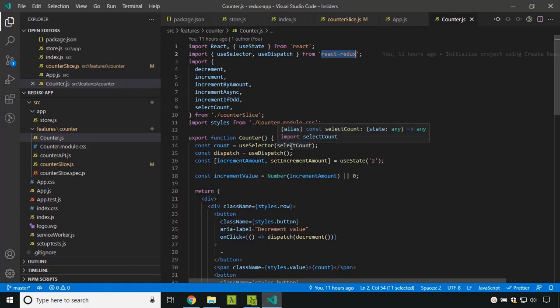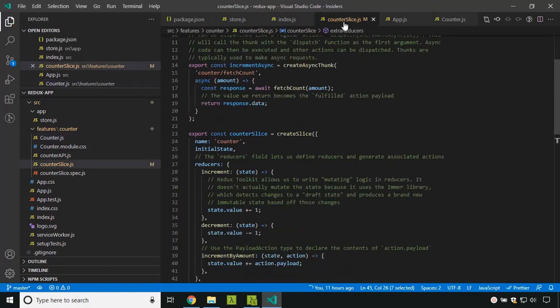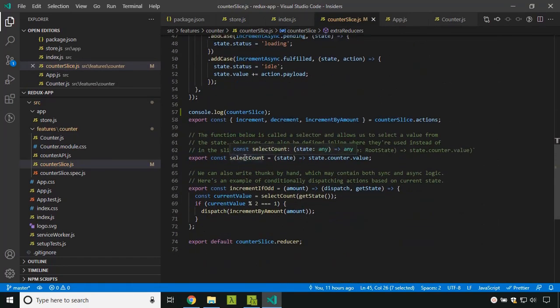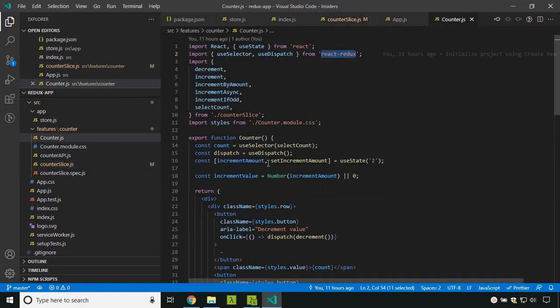Let's go to this selectCount. This is actually defined inside our counter slice. Here you can see the selectCount constant, and we are trying to get the value of the counter from within the state. This arrow function is what we use within the counter.js.